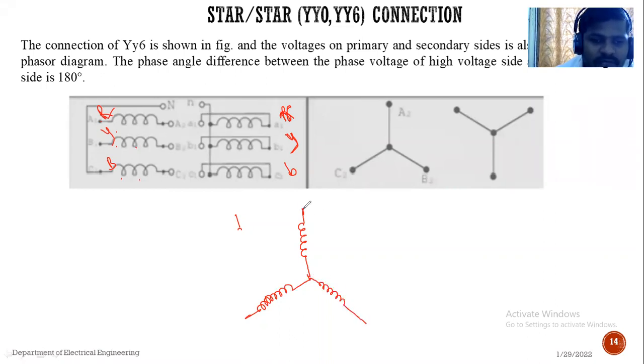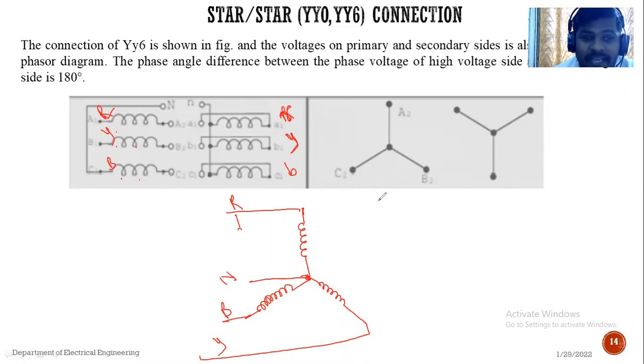See, we can represent either ABC or RYB. If we represent it as RYB, having terminals, this one is the R, this one is the Y, and this one is the B. And here it is one common point, it is nothing but the neutral point. So this is the primary, it can be connected in star. Similarly, the secondary winding of the transformer can be connected in star having a 180-degree phase displacement,